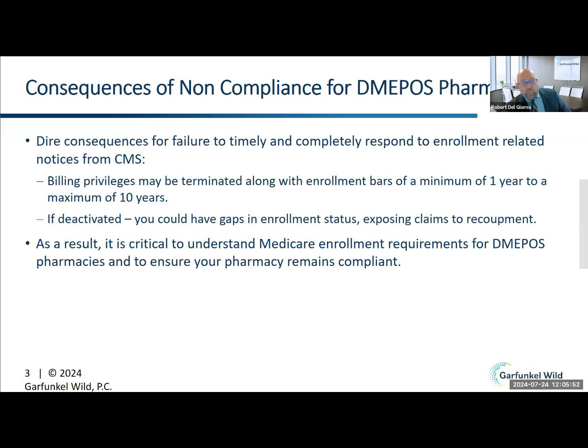Just understand, everybody, we're going to get to all of it, but if you slip up here with your applications, they have a few things they can put you on just for enrollment paperwork purposes. They can deactivate you, which means turn your number off, but not kick you out of Medicare enrollment. They can revoke you, which means take away your number. And if they're going to do that, they can bar you from trying to get back in